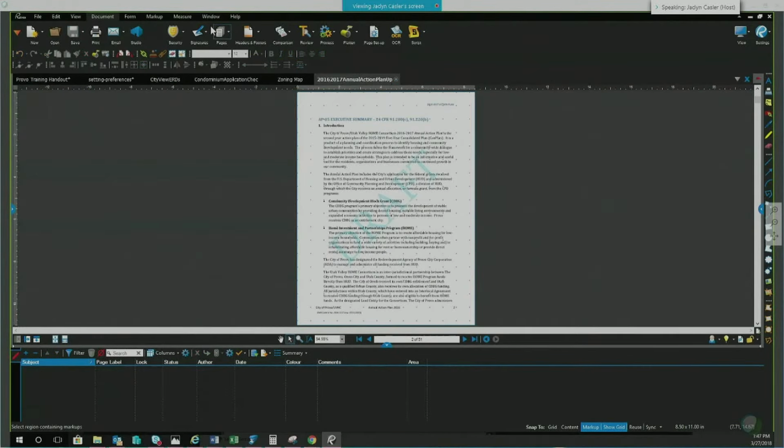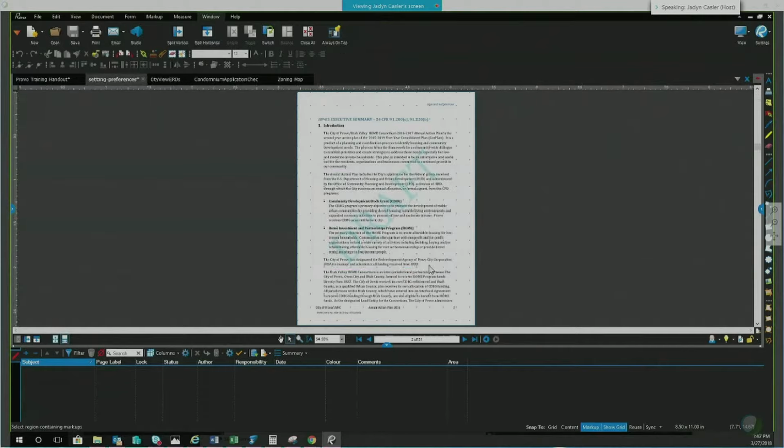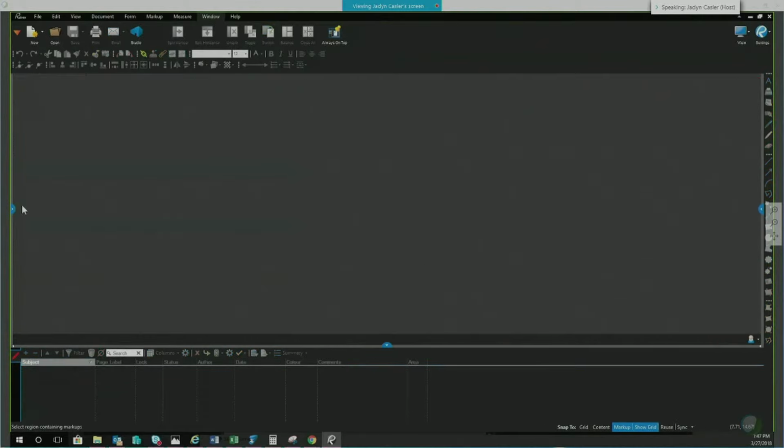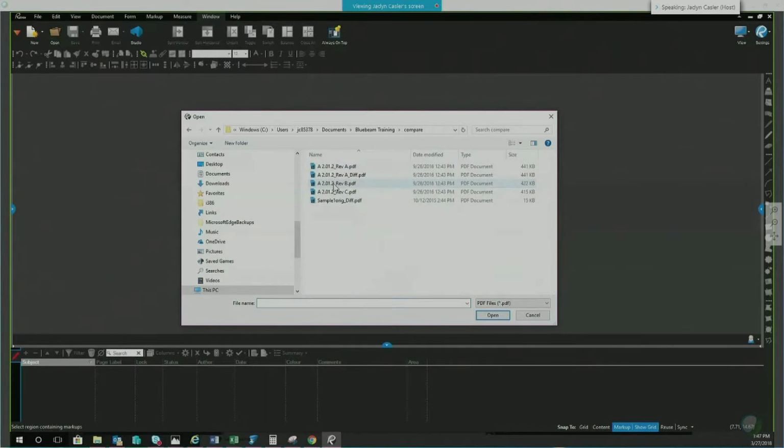Oh, and I just remembered, if you go under Window, you can close all your open documents. What we could do is open the example of compare. We're going to open these examples here